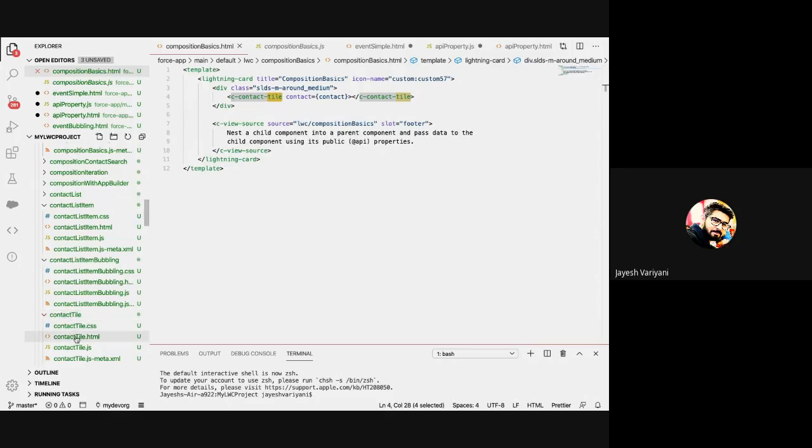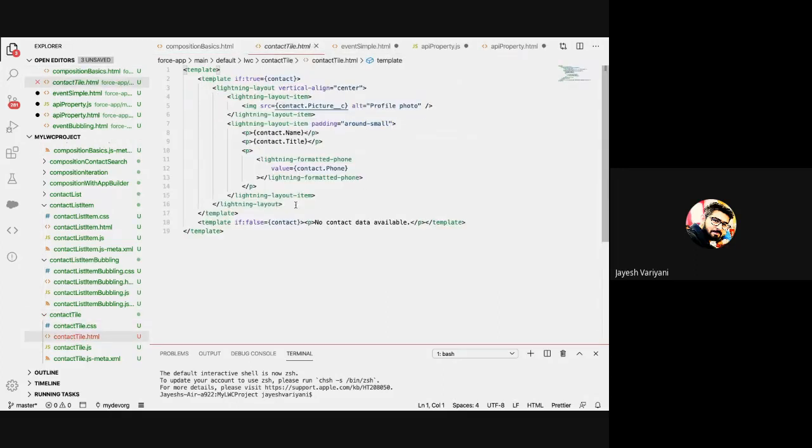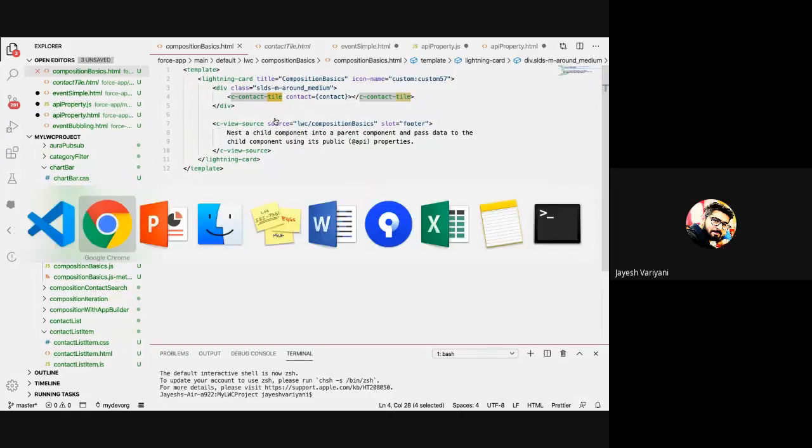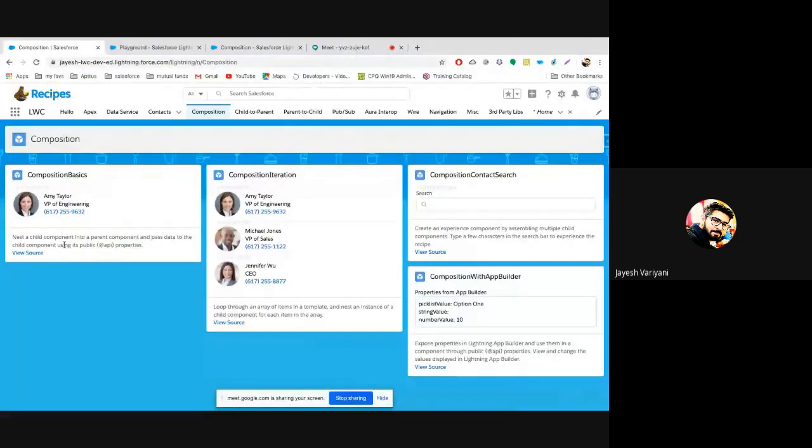Yeah, this one. Okay, so this is just displaying this template, right? The entire thing. I would have copy pasted this directly into my composition basics, and that would have also done the same thing. The appearance would be entirely similar to this. But what we have gained by using the composition concept is this next example, right?